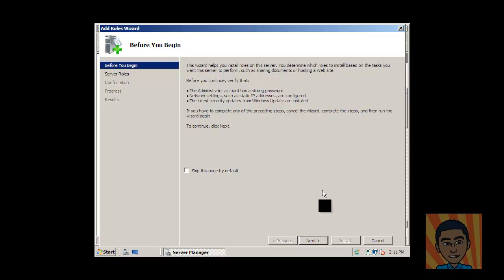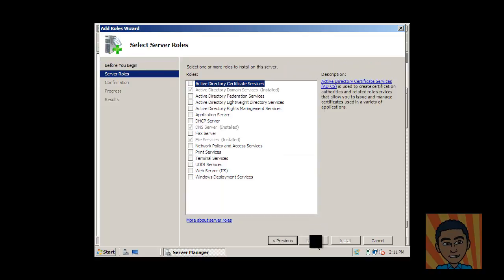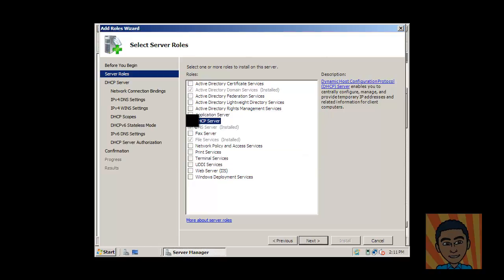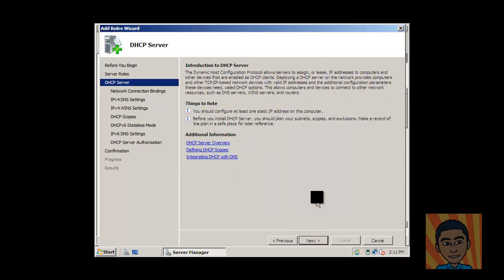Right, we can press Next, and we're selecting DHCP Server. Great, let's press Next. Alright, here we have an introduction to DHCP screen, which basically tells you what DHCP does. You can read that if you want. I'm going to click Next,